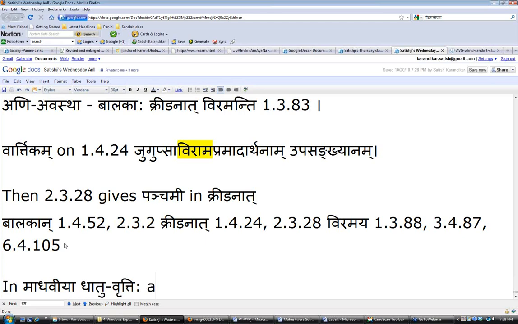So after the Lakara Prakriya, he gives the Sananta, the San, which is the next lesson for us, desiderative forms.